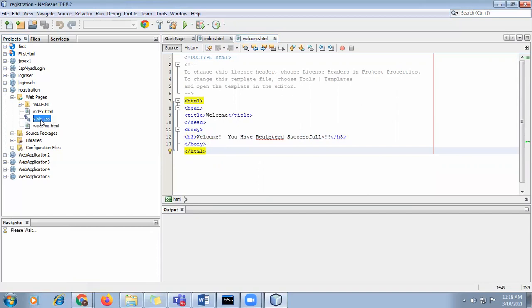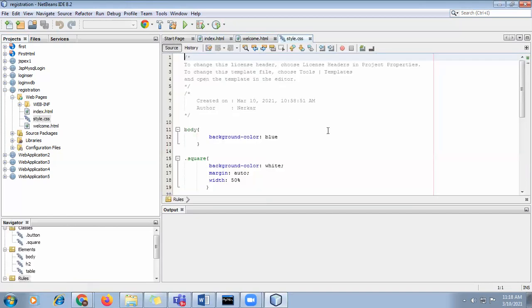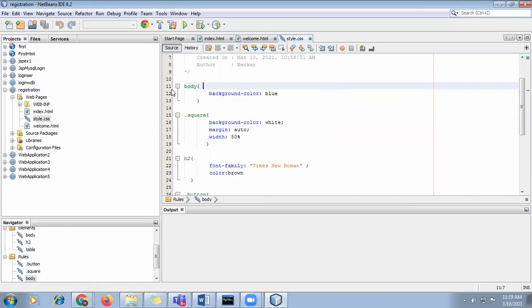Now we will move on to the styling part. In the styling part, we can define the name of the selector to which we want to apply the style, and the style that we want to apply we specify in the curly brackets. So for the body, we set the background color as blue.